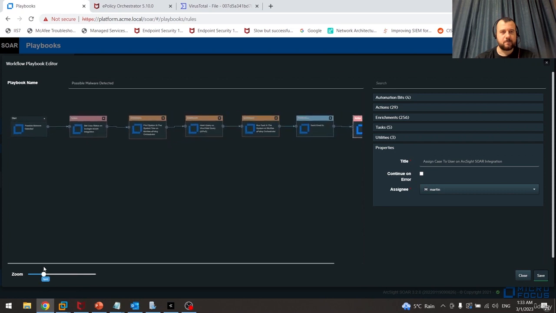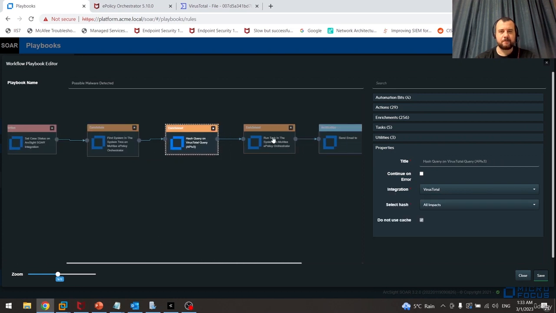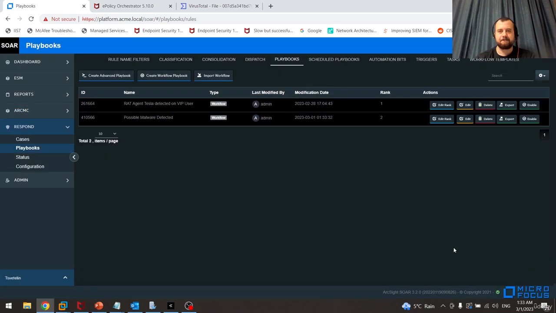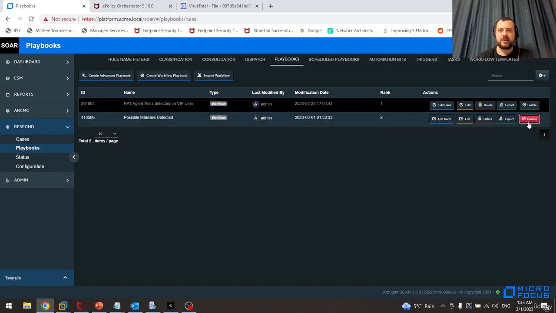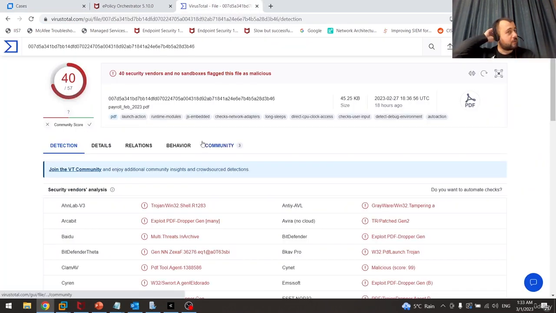All right, it's simple, straightforward, and it doesn't include so many elements, but it's good enough to showcase the value of ArcSight SOAR. So save, and now let's enable it, and let's try to demonstrate how it works. So basically, the file that I'm going to use, I have already uploaded it and tested it as well with VirusTotal. As you see,